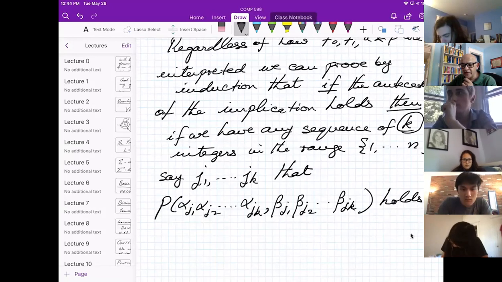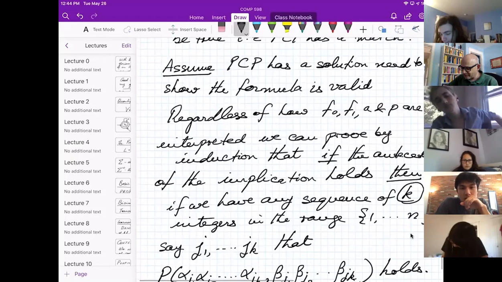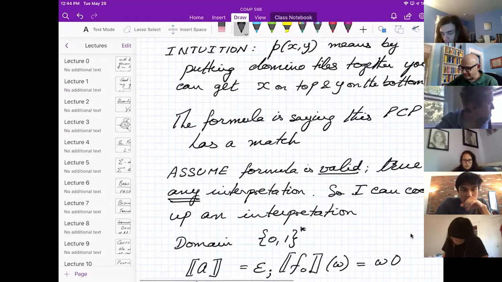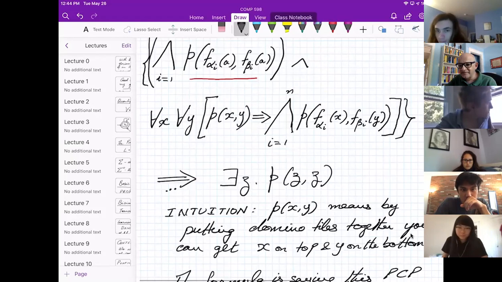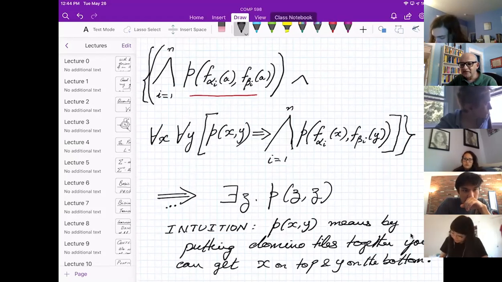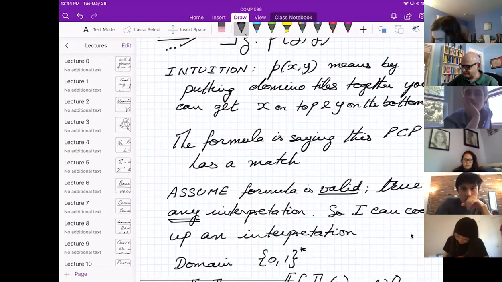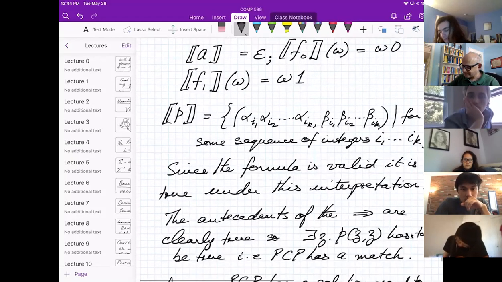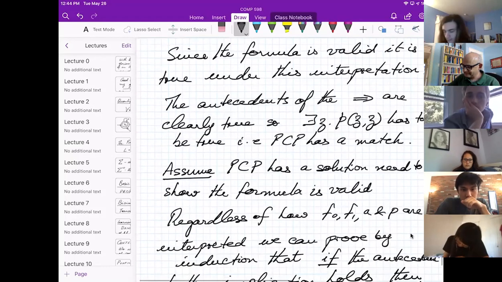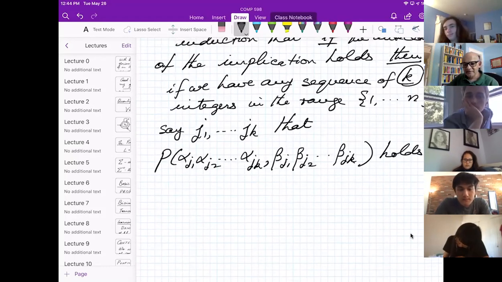I'm going to argue that now if I put another alpha beta pair on it, that will still hold. And by golly, this is exactly what this clause says anyway. This is the easiest induction you've done in your life. Okay, so we've just said P holds. Very good. So all this follows from the antecedents.